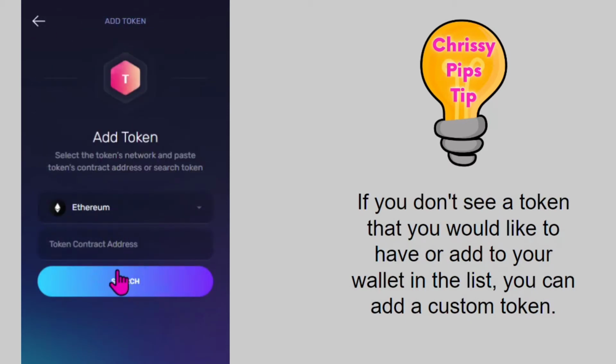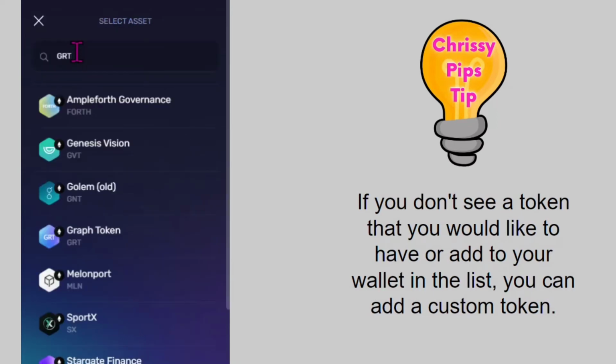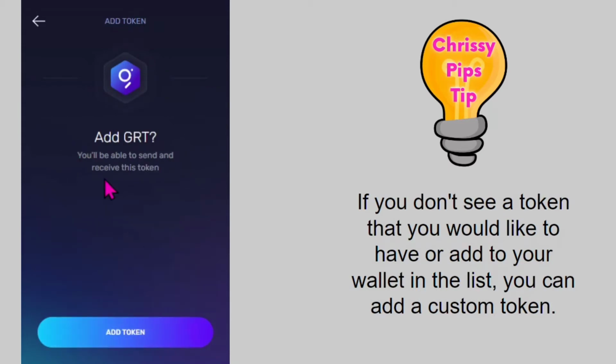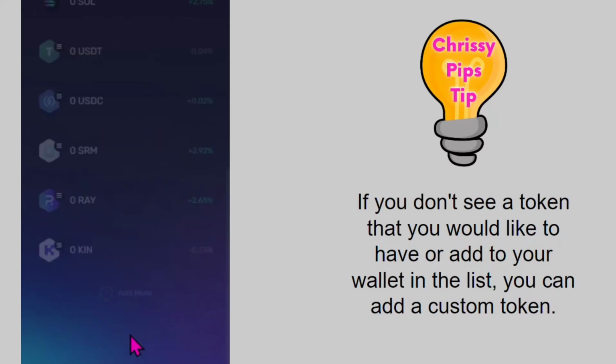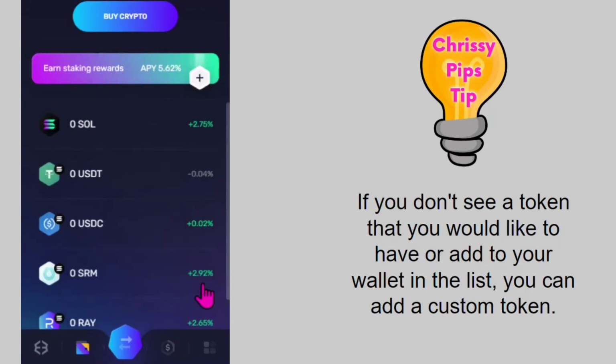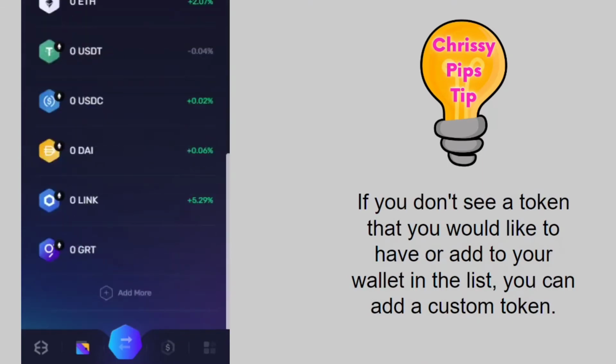Okay, and I'm going to show you guys how to check compatibility later on in the video, but let me show you how to add a custom token. It's running in this little video right here because I had to record it separately and record the recording in the recording, but all I'm doing is going through finding the token that I wanted to add, and then because this is a multi-chain wallet, you do have to, after you've added the custom token, find the wallet that it went into based on what network it is built on. Okay,